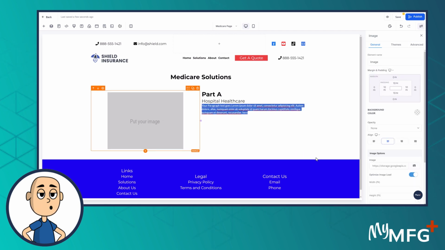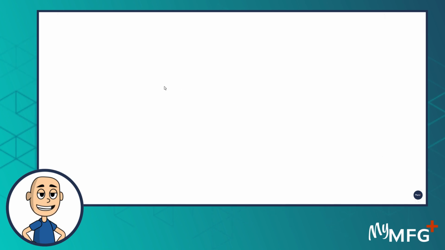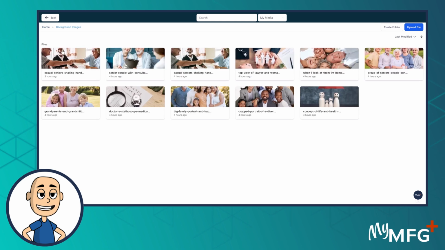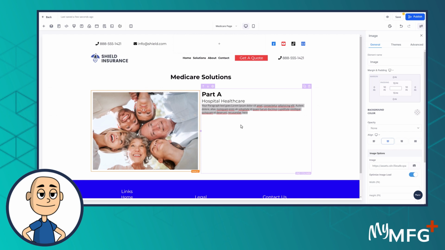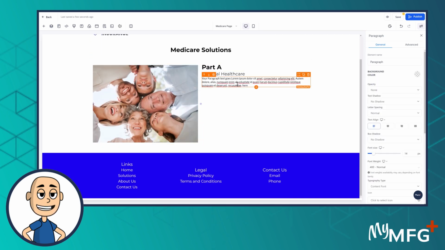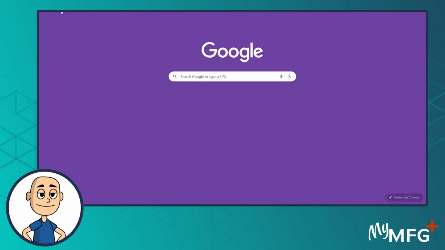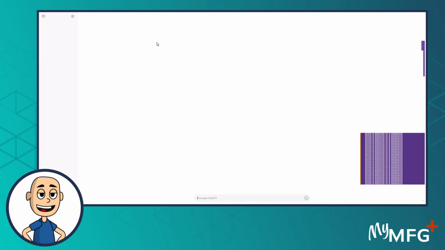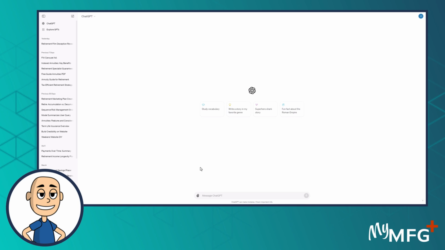Then over here on the left-hand side, we're going to change that image, and we're going to go to background images, and we could just pull this one in. And let's pull that one in. And then obviously you want to remember we went to ChatGPT and we typed in a paragraph about Part A. So let's do that again. So I'm going to go to ChatGPT or openai.com, create an account, and then you can say,